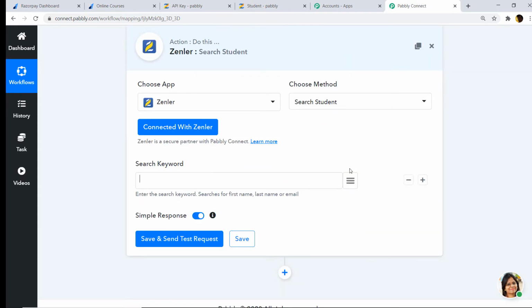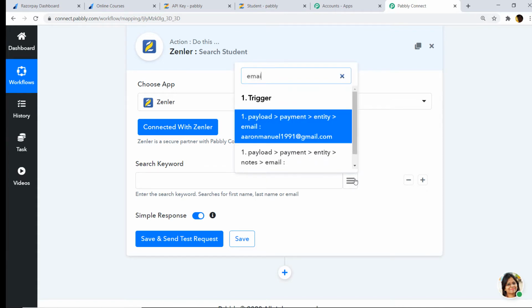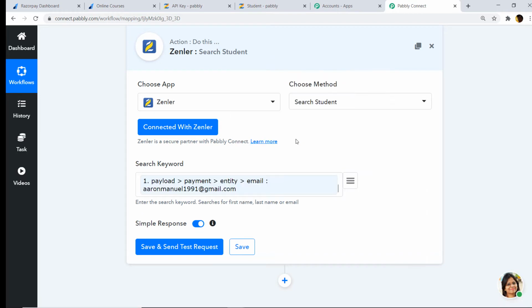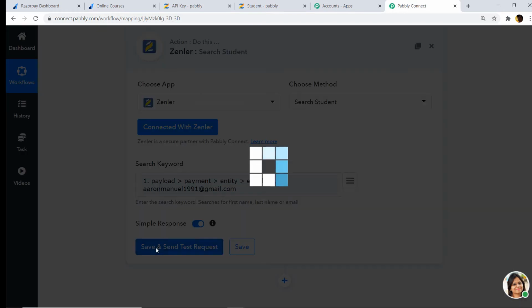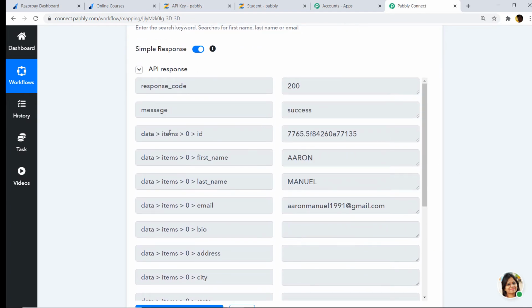So this button is called the mapping button. Simply click this and here just type email. So we will get the email. This is the email, aaronmanuel1991. Okay, so just click on save and send test request. Okay, so the API response is showing the message as success, and the data item 0 ID is showing a